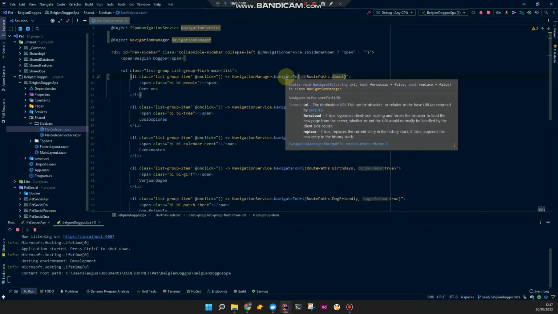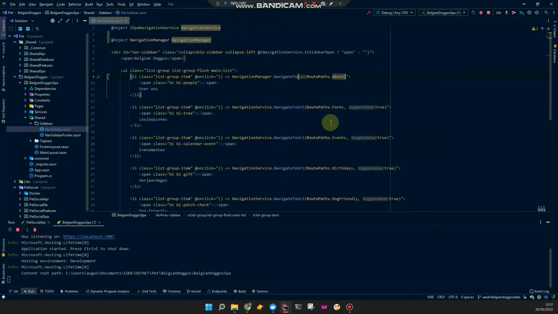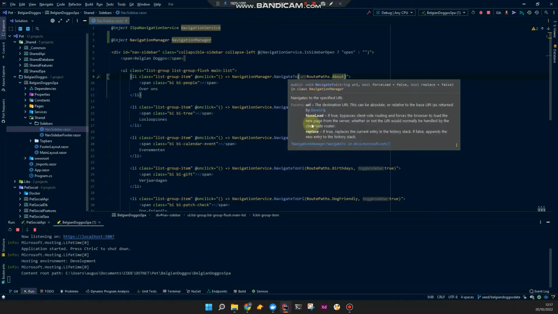since most routing in Blazor is dynamic. It's just how do I best explain this? You're not actually hard refreshing your page, you're just loading in other pages or other components. So kind of manipulating the DOM, the HTML of your web app or website to display another component or page. So the force reload, I'm not going to use it, but just know you can do it. Replace, never needed to. Anyway,